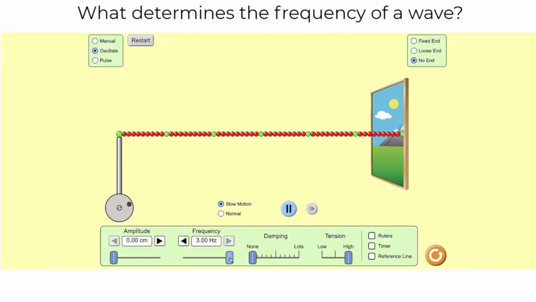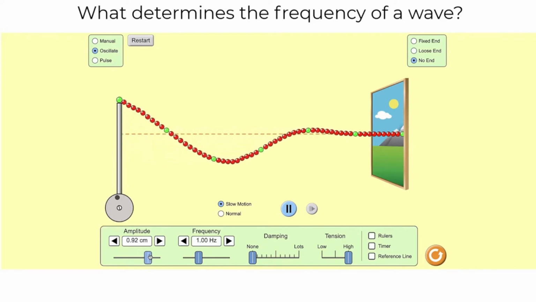Alrighty, in my simulation, I can adjust a few things. I can adjust the amplitude, I can adjust the frequency. I'm going to leave everything else the same. So in terms of our start, I'm going to set this to a frequency of 1 hertz. That means 1 cycle every second. And when I give this wave a little amplitude,